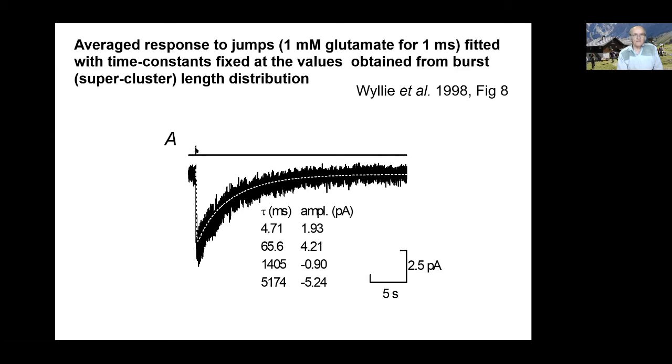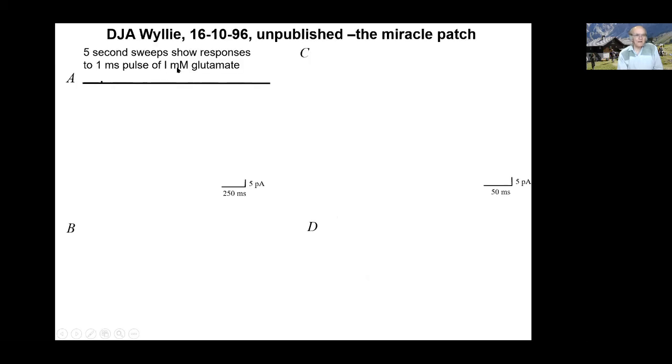The pulse of agonist concentration which elicited this was only 1 millisecond long, and it is fitted with time constants that were obtained from the activation length distribution: 1.4 seconds and 5.2 seconds for the slowest two time constants. And we notice that,